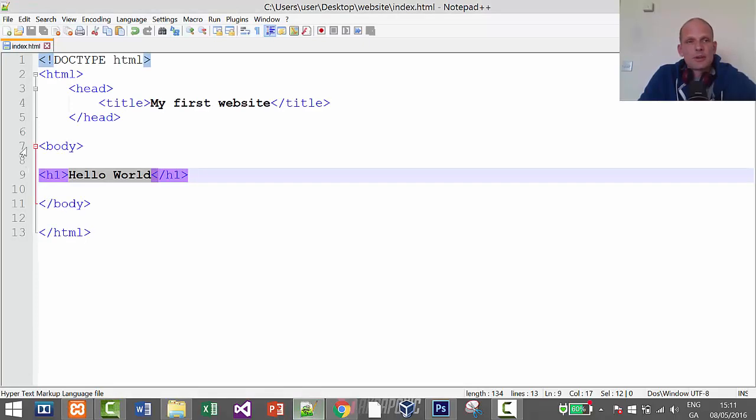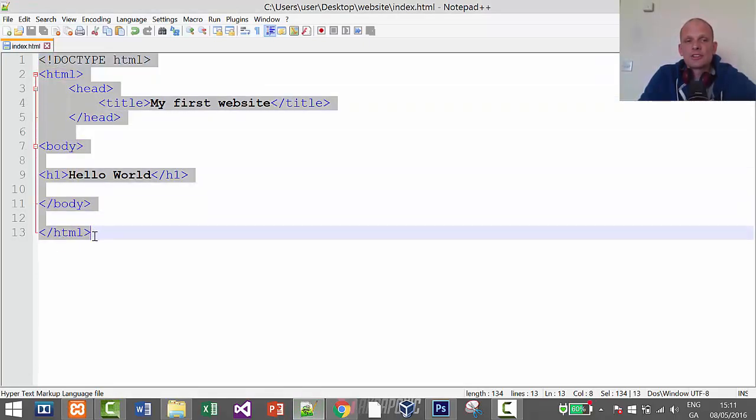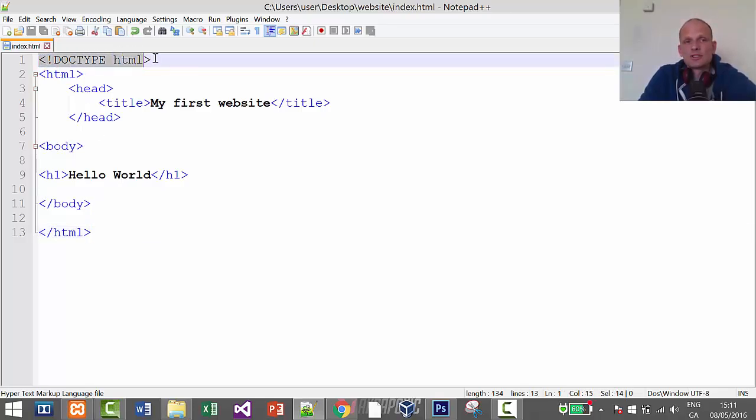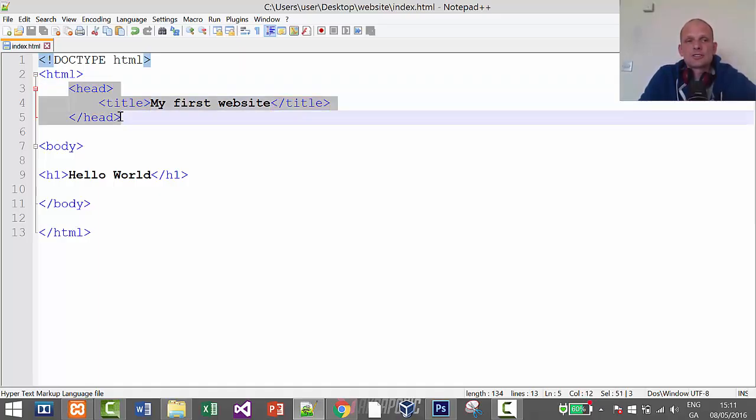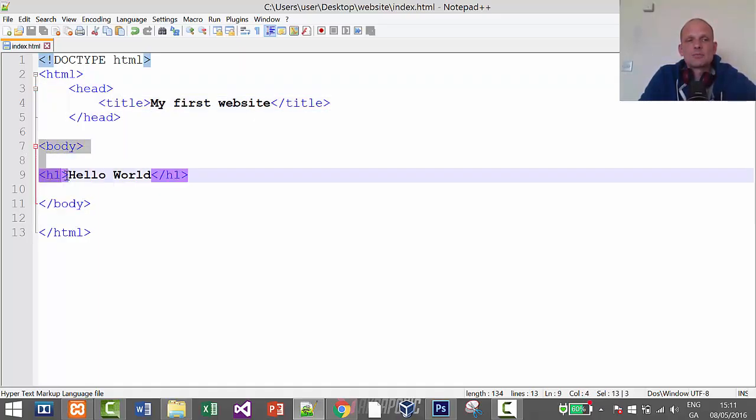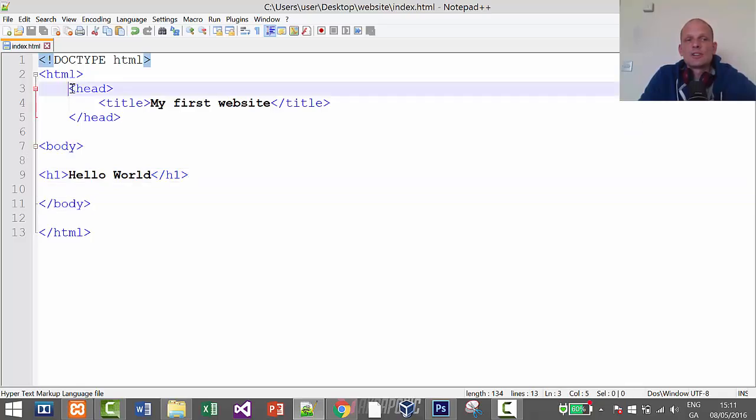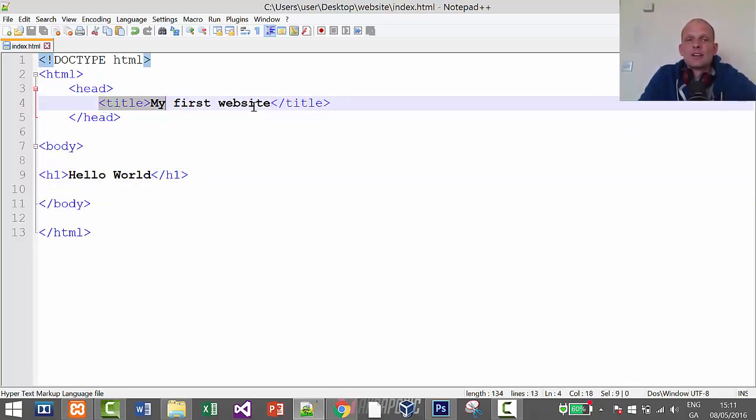So remember, these are 5 mandatory tags which every website should have. It starts with the doctype declaration, which tells which version of HTML we are using. Then all the other HTML page is wrapped in the HTML opening tag and HTML closing tag. And then there are 2 main sections. One is the head section and second is the body section. In the head section we put the title, which is also mandatory for websites,